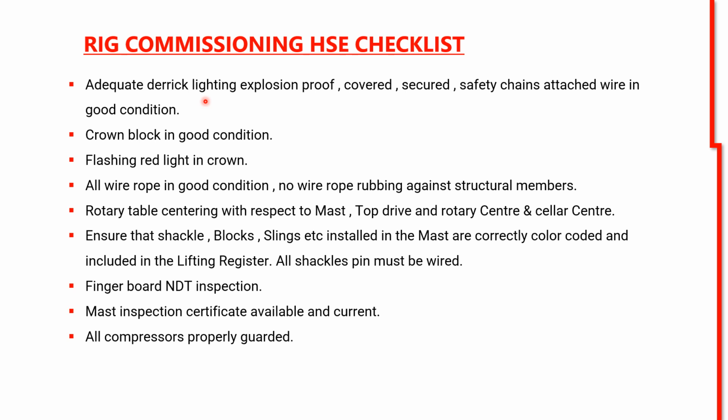Adequate derrick lighting, explosion proof. All the lights used in the rig site, the maximum lights, are explosion proof, covered, secured, with safety chains attached. Wire in good condition, crown block in good condition, flashing red light in the crown, all wire rope in good condition, no wire rope rubbing against the structural members, the legs of the derrick or any equipment. Rotary table centering with respect to mast, top drive